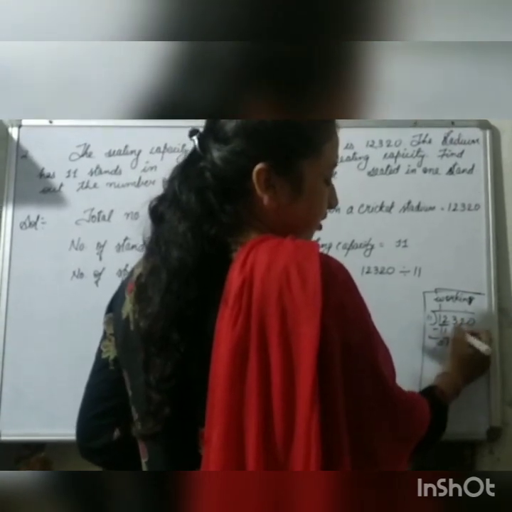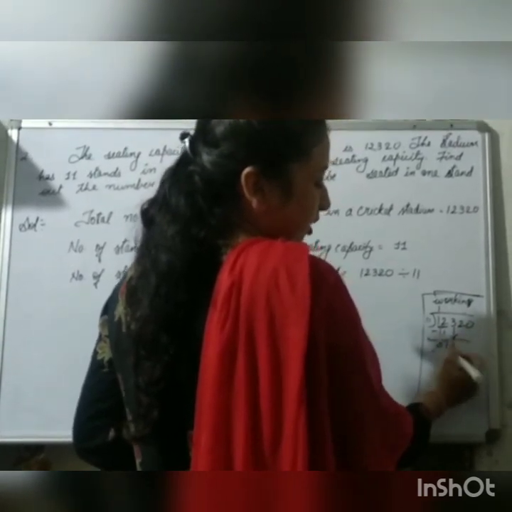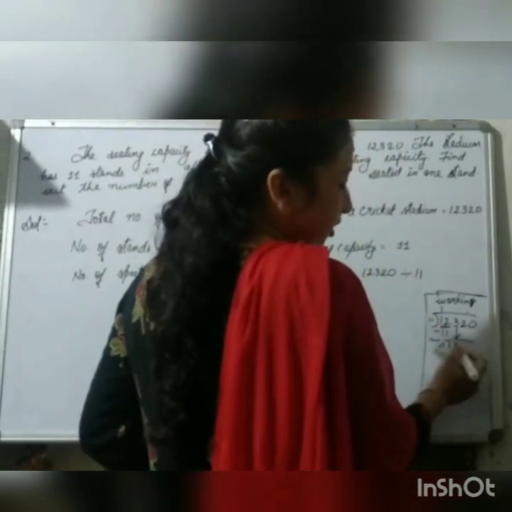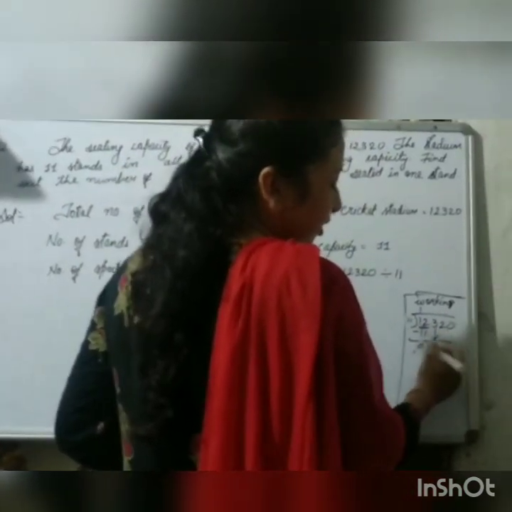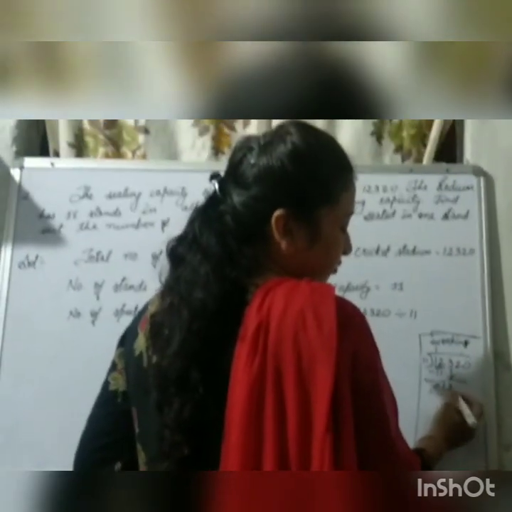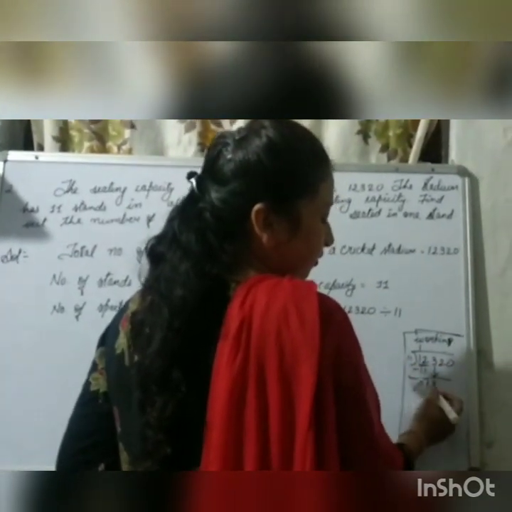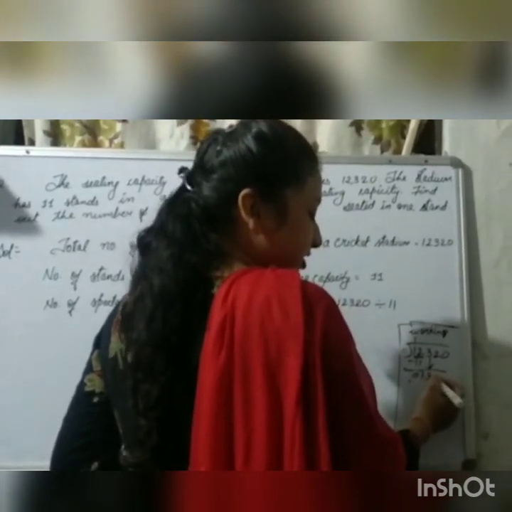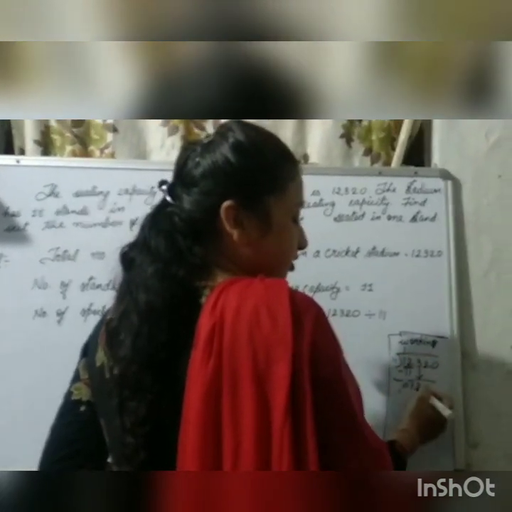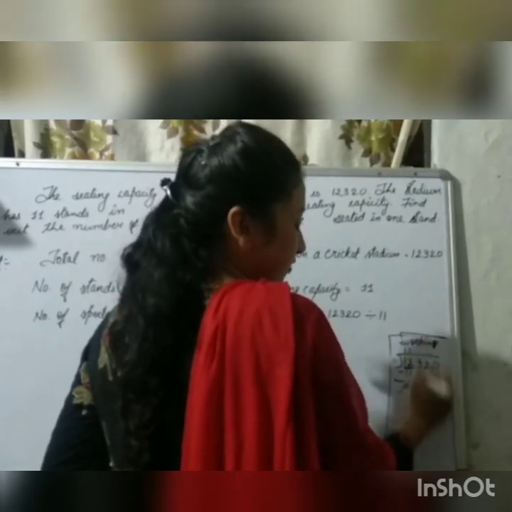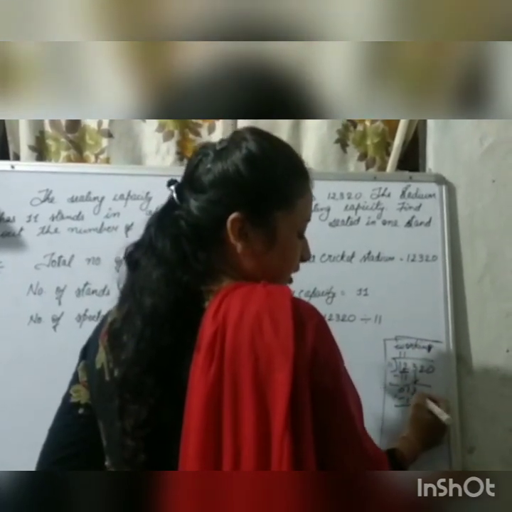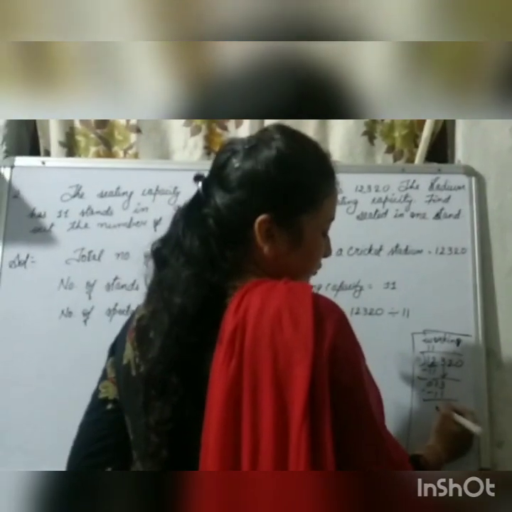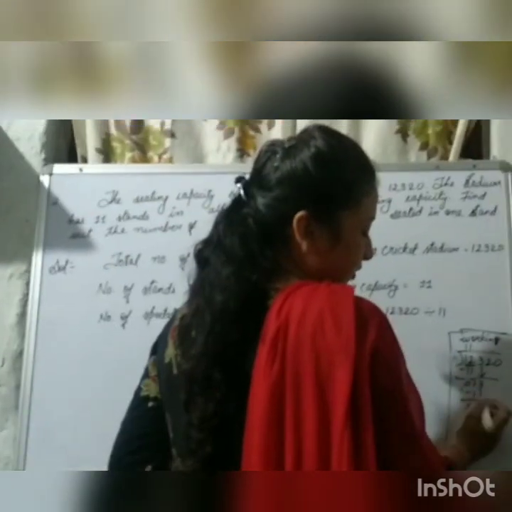Then again we will take 3 to make a 2-digit number, because 1 is left as a remainder and these numbers are left to divide. So we will take 3 with this remainder. It will become 13. Now in the table of 11, is 13 coming? No. Again we will take a number less than 13, which is 11 only. So 11 ones are 11. Again we subtract 3 minus 1, 2. Here 0 will be left.